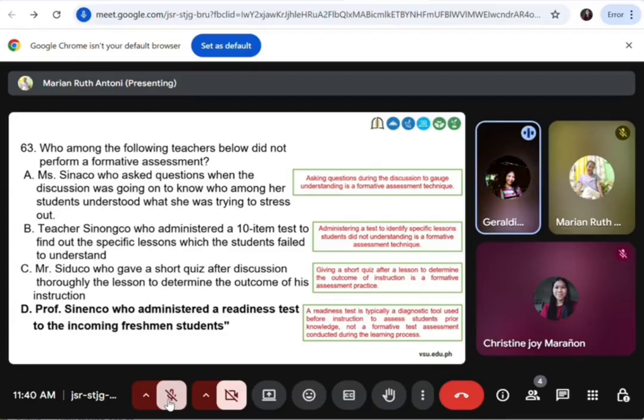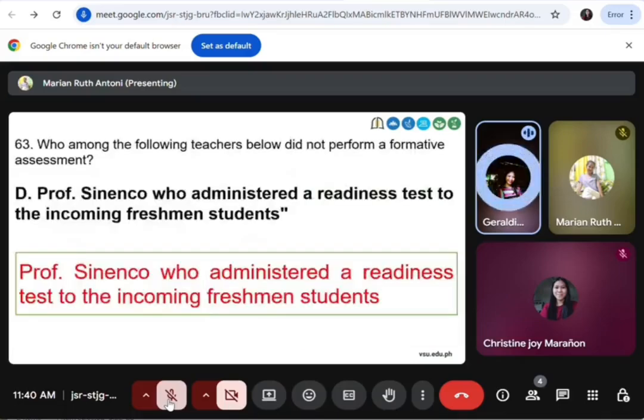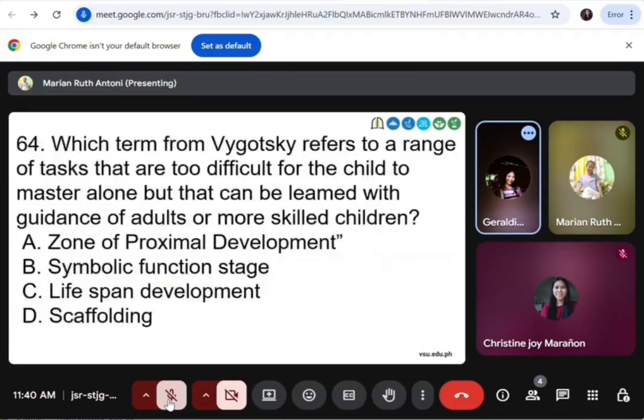And why not letter B? It's because administering a test to identify specific lessons students did not understand is a formative assessment technique. And why not letter C? It's because giving a short quiz after a lesson to determine the outcome of instruction is a formative assessment practice. So the correct answer is letter D. Professor Sinasco, who administered a readiness test to the incoming freshman students. Next,